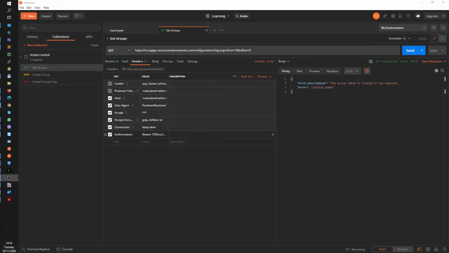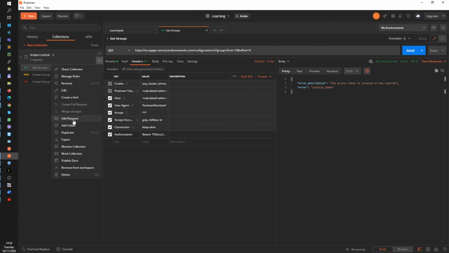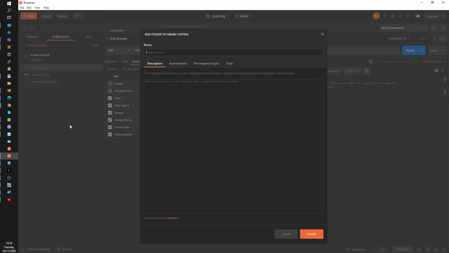The other thing I wanted to show you was a quick Postman tip. We can get rid of this authorization header if we create a folder and just call it groups.